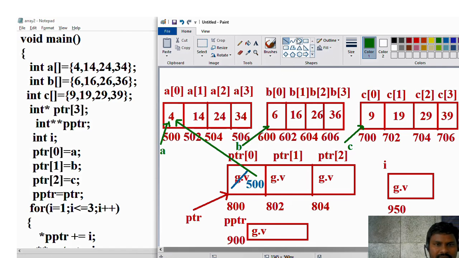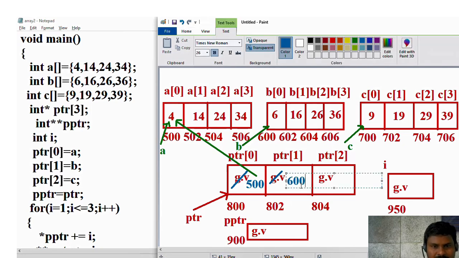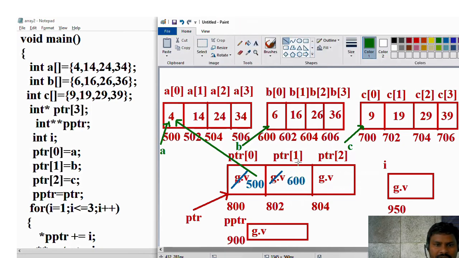B value is 600. The base address of the array, 600, is stored in ptr of 1. Now this pointer is pointing to this address. Next, ptr2 is equal to c. C gives the base address of the array, which is 700. That 700 is stored in ptr of 2. Now this pointer is pointing to